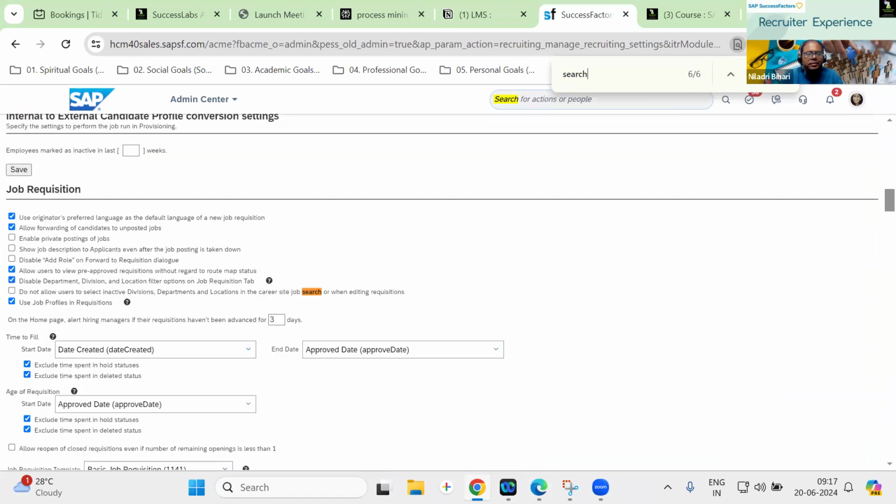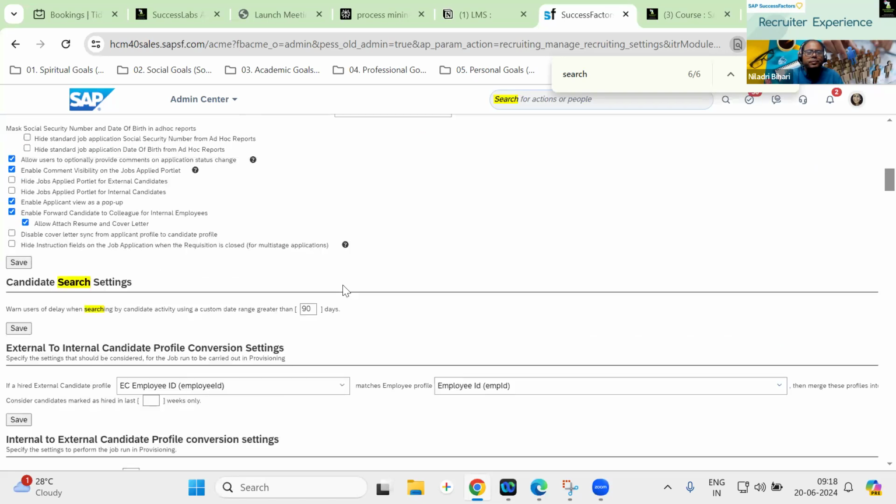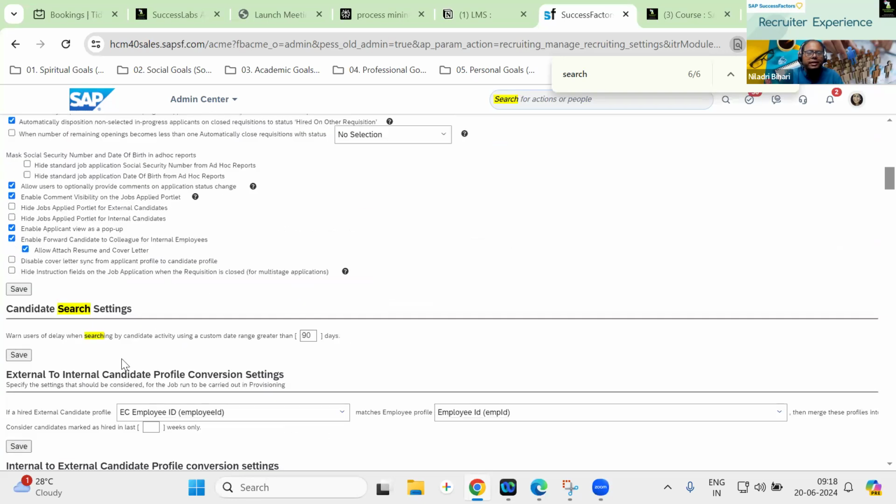Do not allow to select inactive division, department, location in the career site job search when editing requisitions. There are multiple things we can have here, and candidate search settings are there.